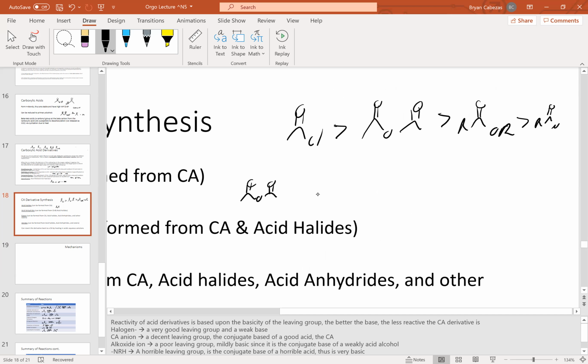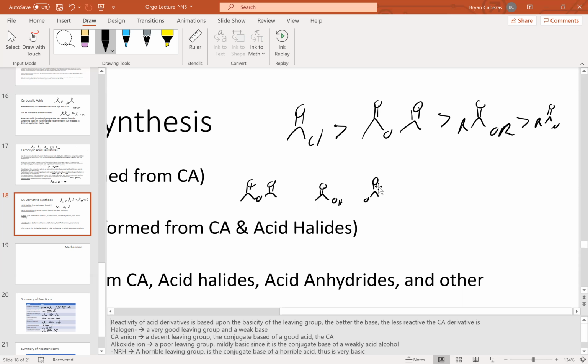So when this group pops off, what we're going to have is this system right here, right? Whenever this thing pops off, let's just say we convert it back to a carboxylic acid. This is the group that we're analyzing. Let's look at the stability of this group. Well, if we look at the stability of this group, what we're trying to see is that the